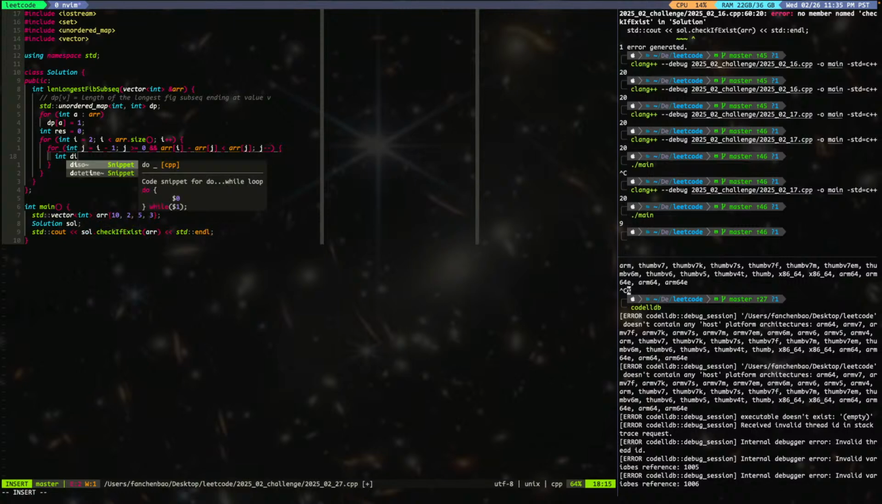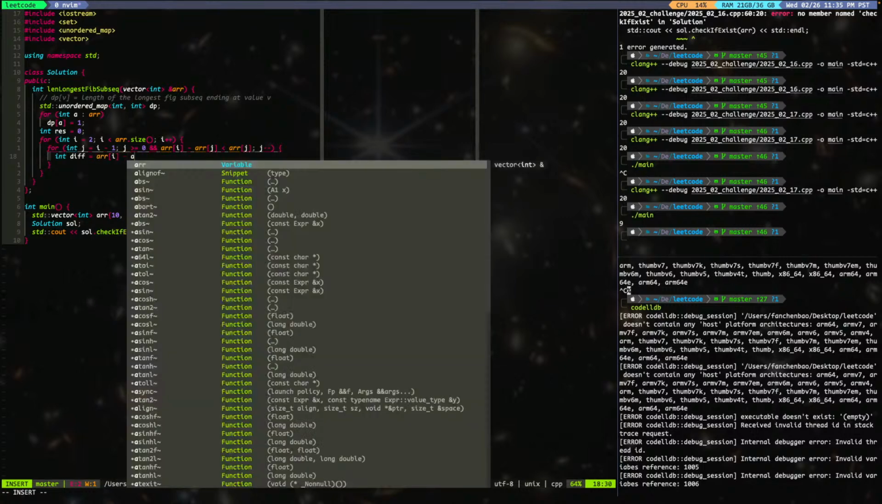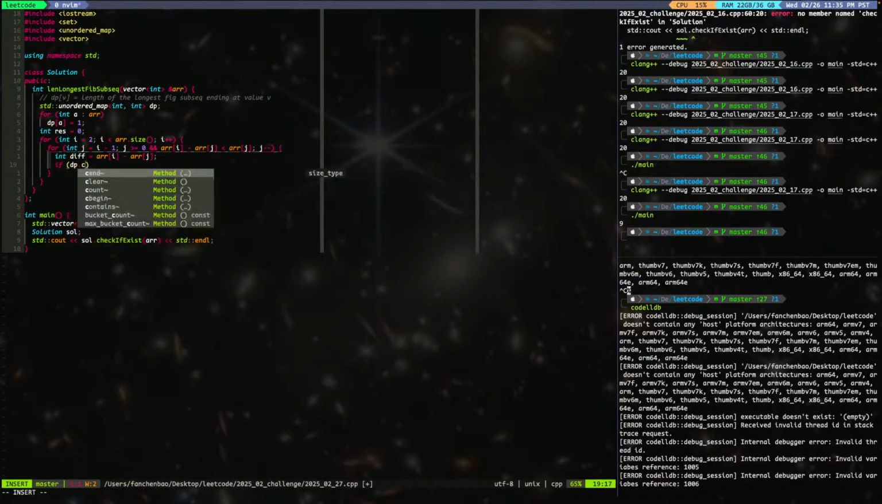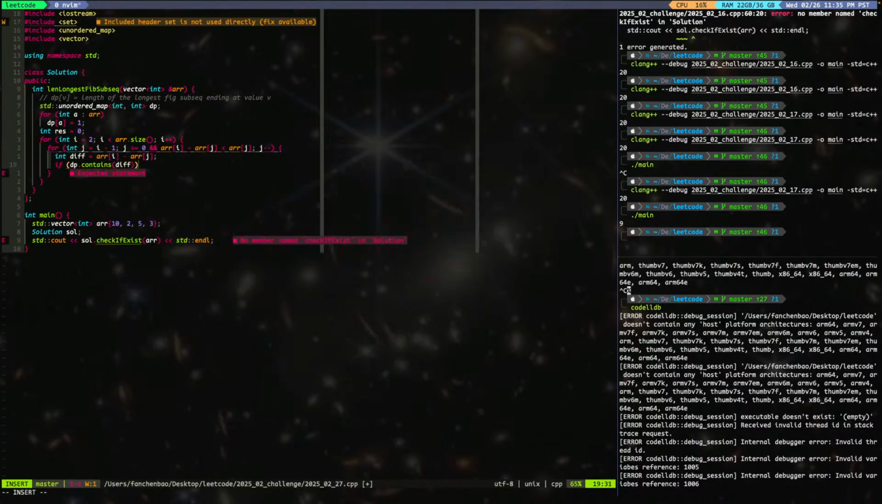Int diff is array[i] minus array[j], right? And larger or equal to 0. Array[i] minus array[j] will always be larger or equal to 0. Yeah, so we say if dp.contains(diff), all right, if dp.contains(diff), then we say